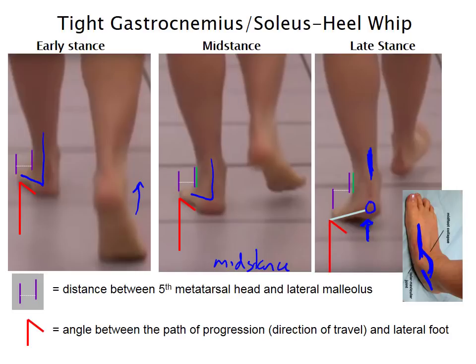The heel itself drives medially. Thus we have an increase in this distance over here between the lateral malleolus and the fifth digit. So this heel drives in medially, thus the whole foot is turning out more. And as this individual goes into late stance and into toe off, this heel will continue to drive in medially,